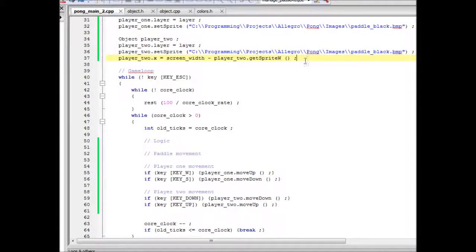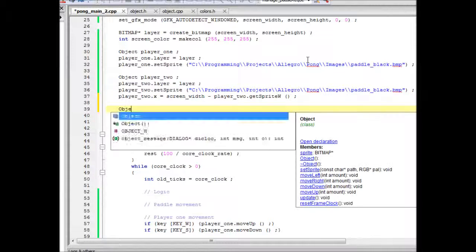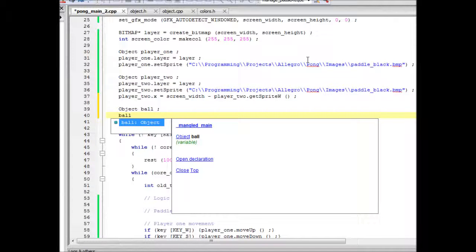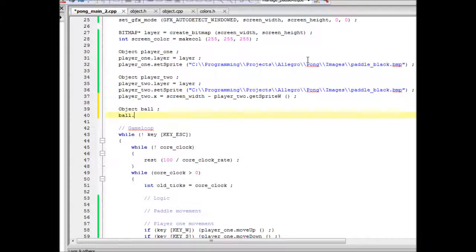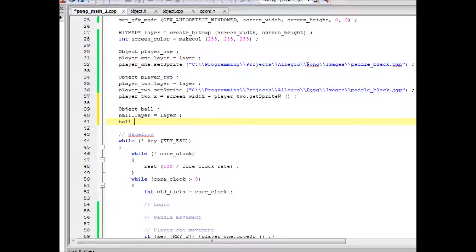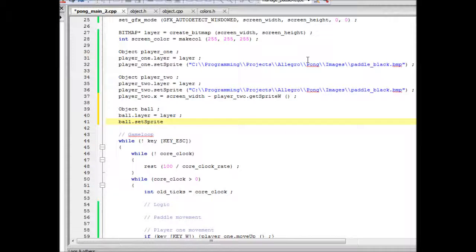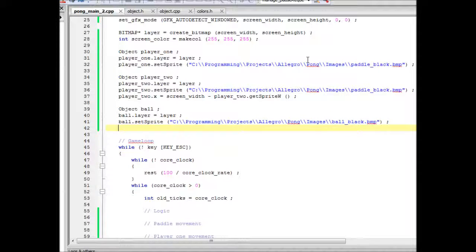So now finally we need a ball, right? So we go ahead and define a new object and call it ball, and then say ball dot layer, because we can access layer, and then ball set sprite. It's pretty much the same, they're in the same folder, so we can go ahead and just use it, and it's actually ball black. Okay,